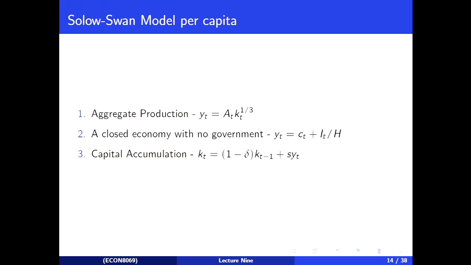Questions otherwise? Yep. Consumption, this is little c, so this is consumption per capita. So this already has been divided by h, if you like. I know it's actually harder to see if I write it down, but little c is capital C divided by h. English is really bad for little c and capital C, especially handwritten, because they look identical.